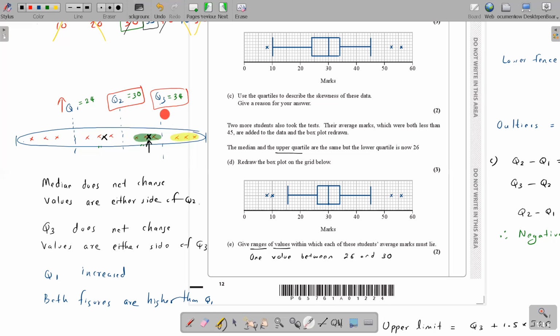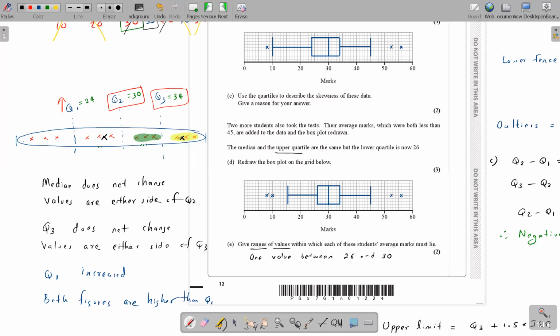But what about Q3? Both the values you are putting would be behind Q3, so Q3 would decrease. They say Q3 should not change. Then what's the theory? You should put the cross